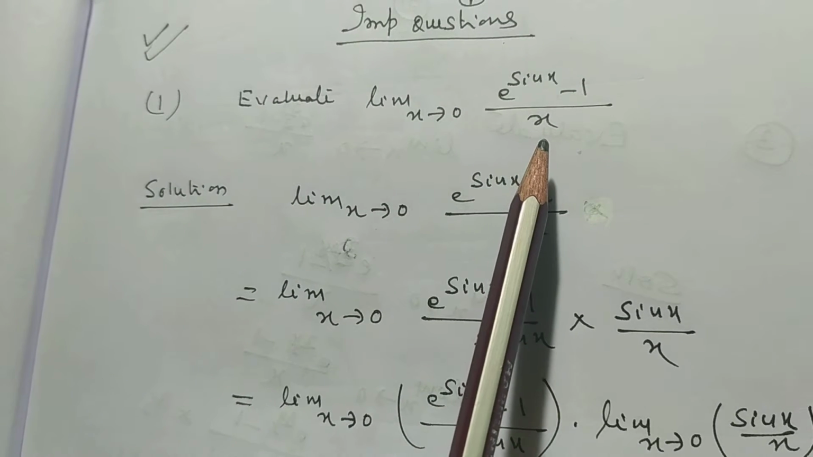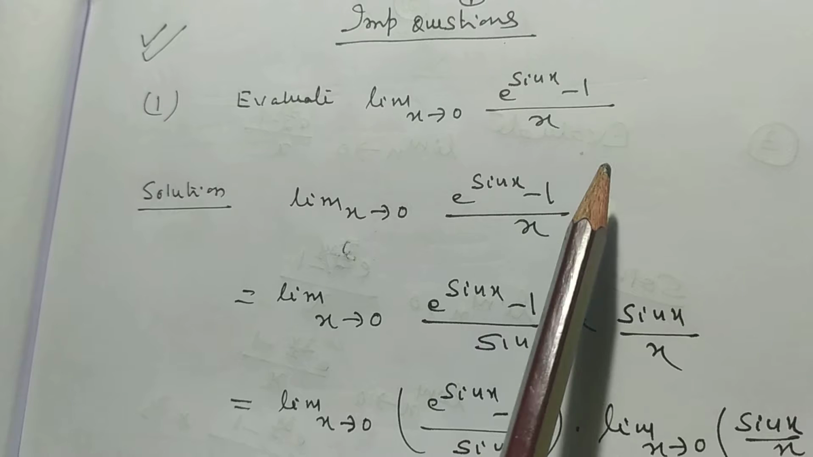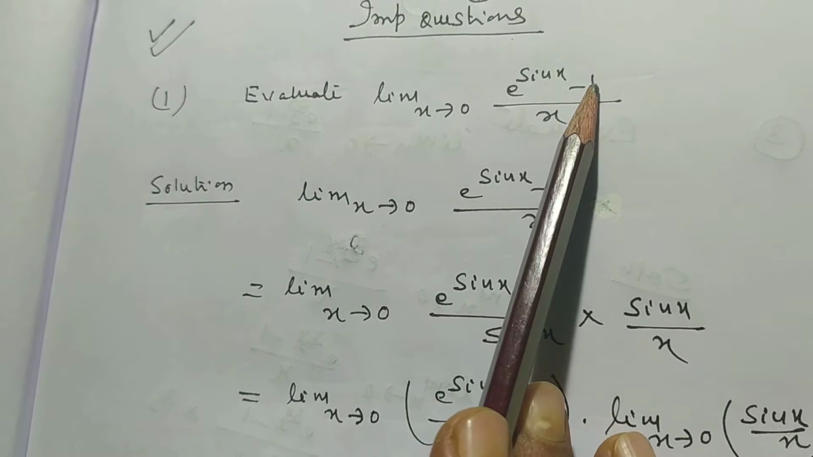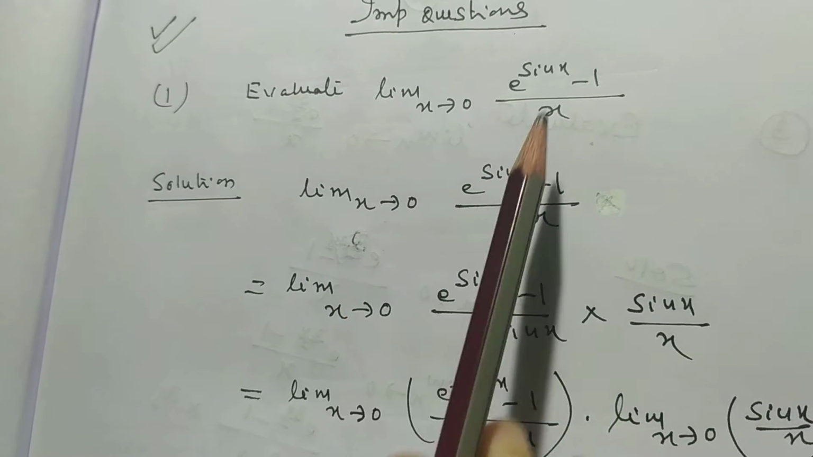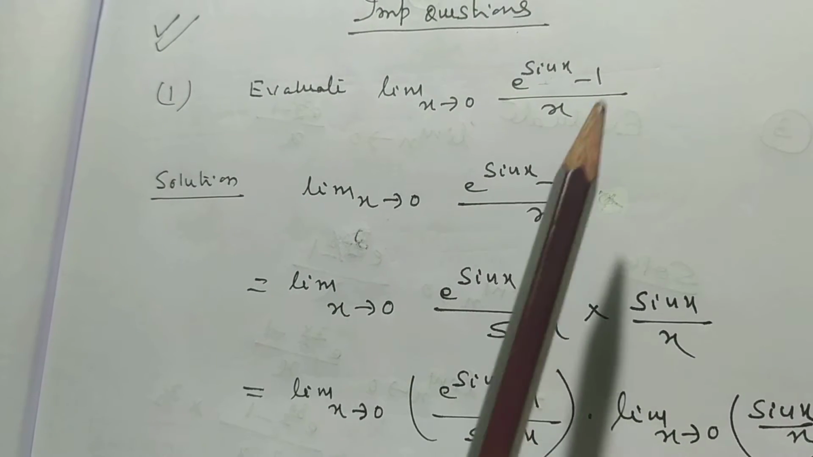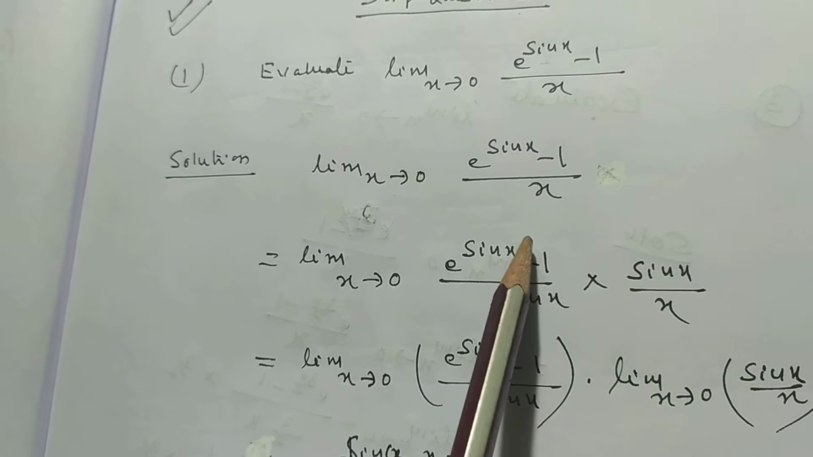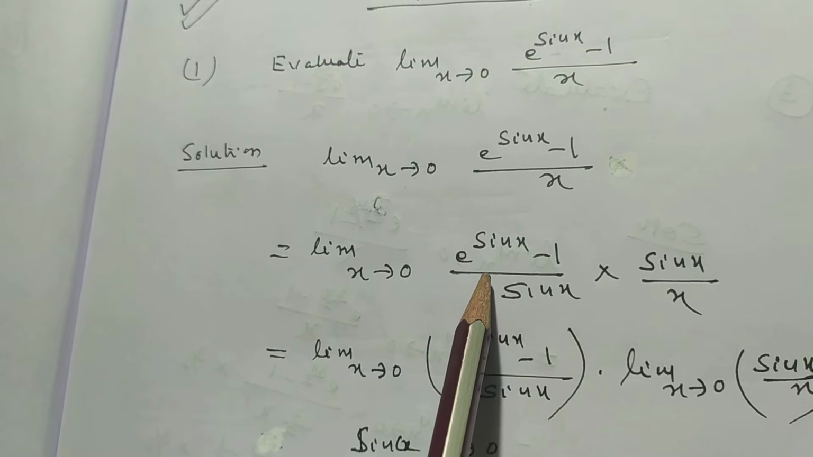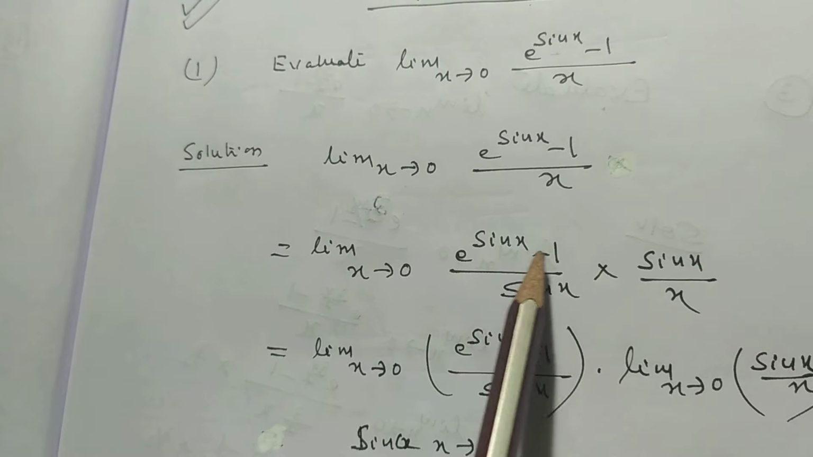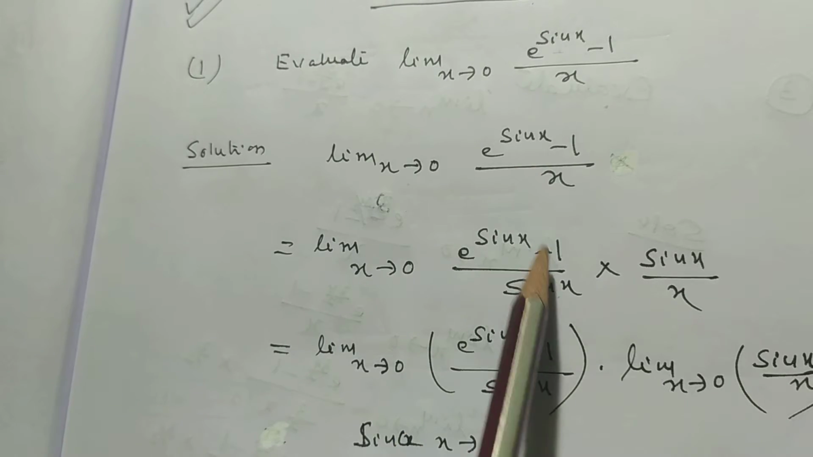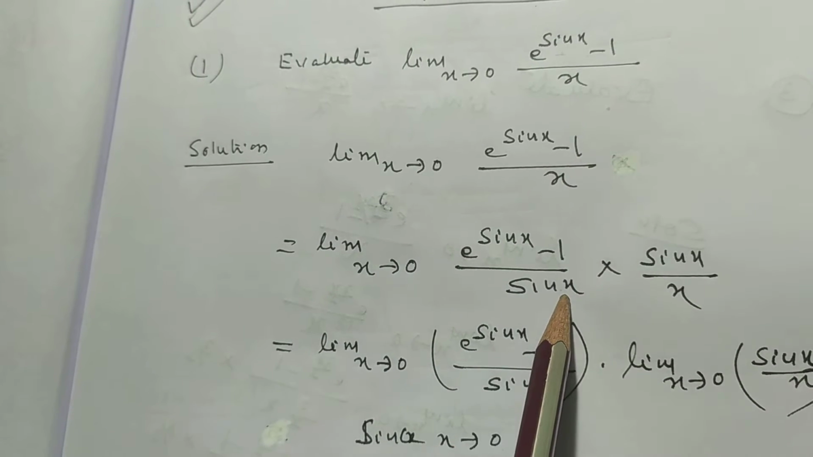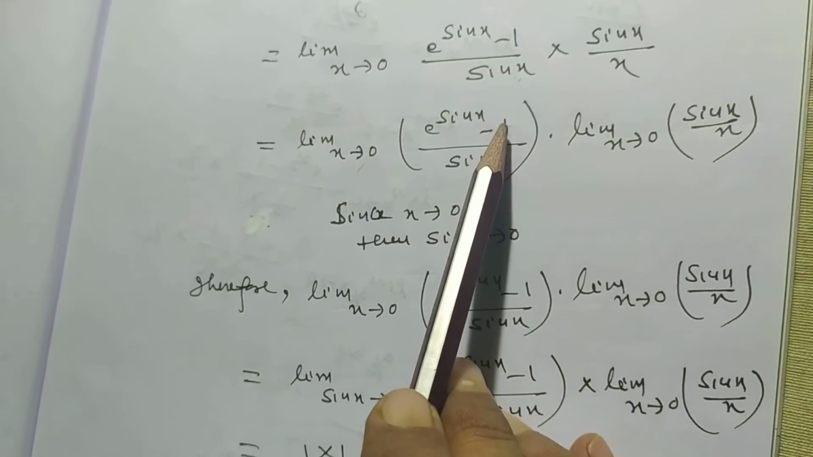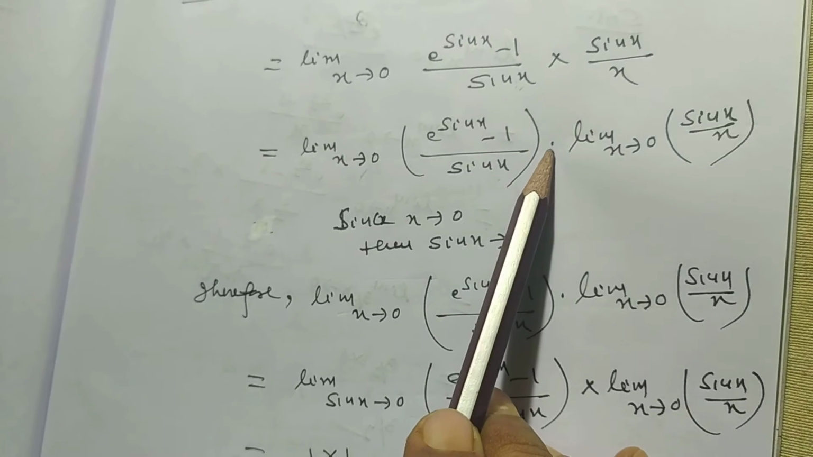We will break it into the formula limit x tends to 0, e to the power x minus 1 by x. Here x is sin x. So, to break it into the formula limit theta tends to 0, e to the power theta minus 1 by theta, we will multiply and divide it by sin x. Now, limit x tends to 0, e to the power sin x minus 1 by sin x into,